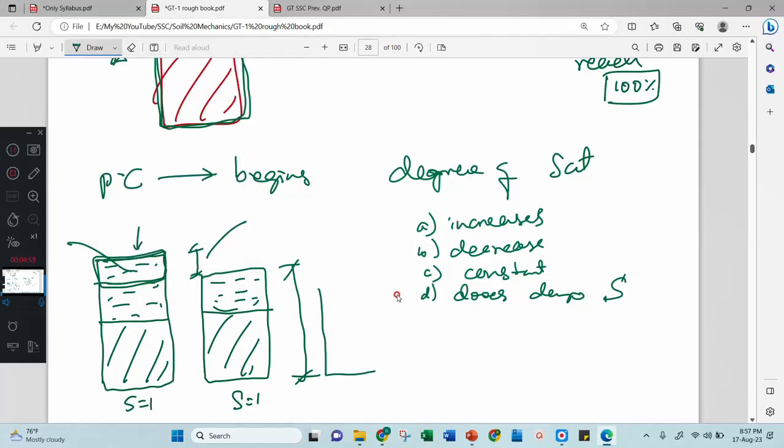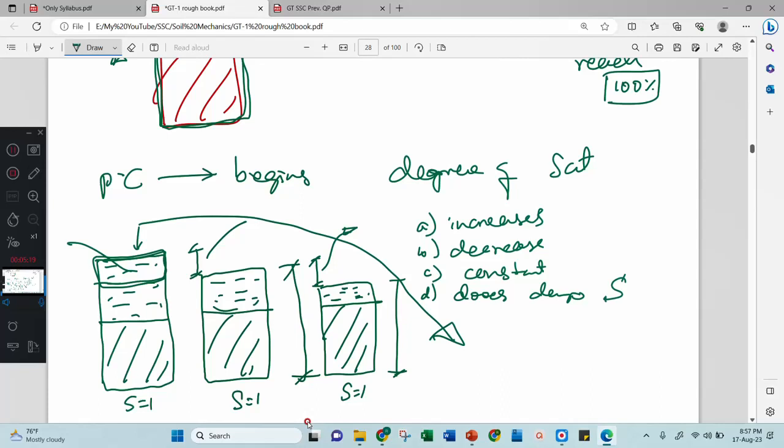Okay, I will increase further load and wait for further days. Then let us consider this is solid and this is your water. Now this much amount of water is escaped. Now what about this one? Is it saturated? Yes, this is also saturated. Therefore the consolidation process is going on, but degree of saturation remains constant, because both voids and water are decreasing at the same time. Therefore your equation is Vw divided by Vv, and both are equal in all the cases. Therefore degree of saturation is constant.